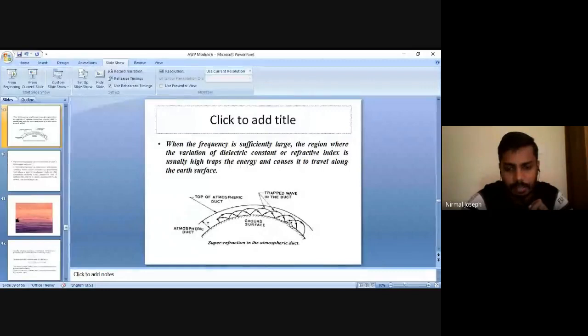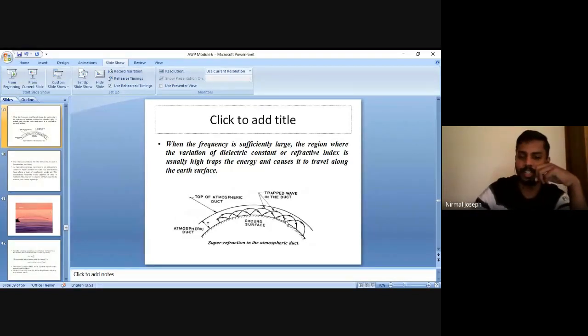Okay, this side it will be C, but he will feel like the rays are coming from here, because we are always expecting light to travel in a straight line. So if a person who is looking at the sky in this region, he will be getting the waves or light rays from this duct only. So that corresponds to this region. That means he is seeing objects from the ground only, or objects from the water only, but he will feel that they are coming from the sky.